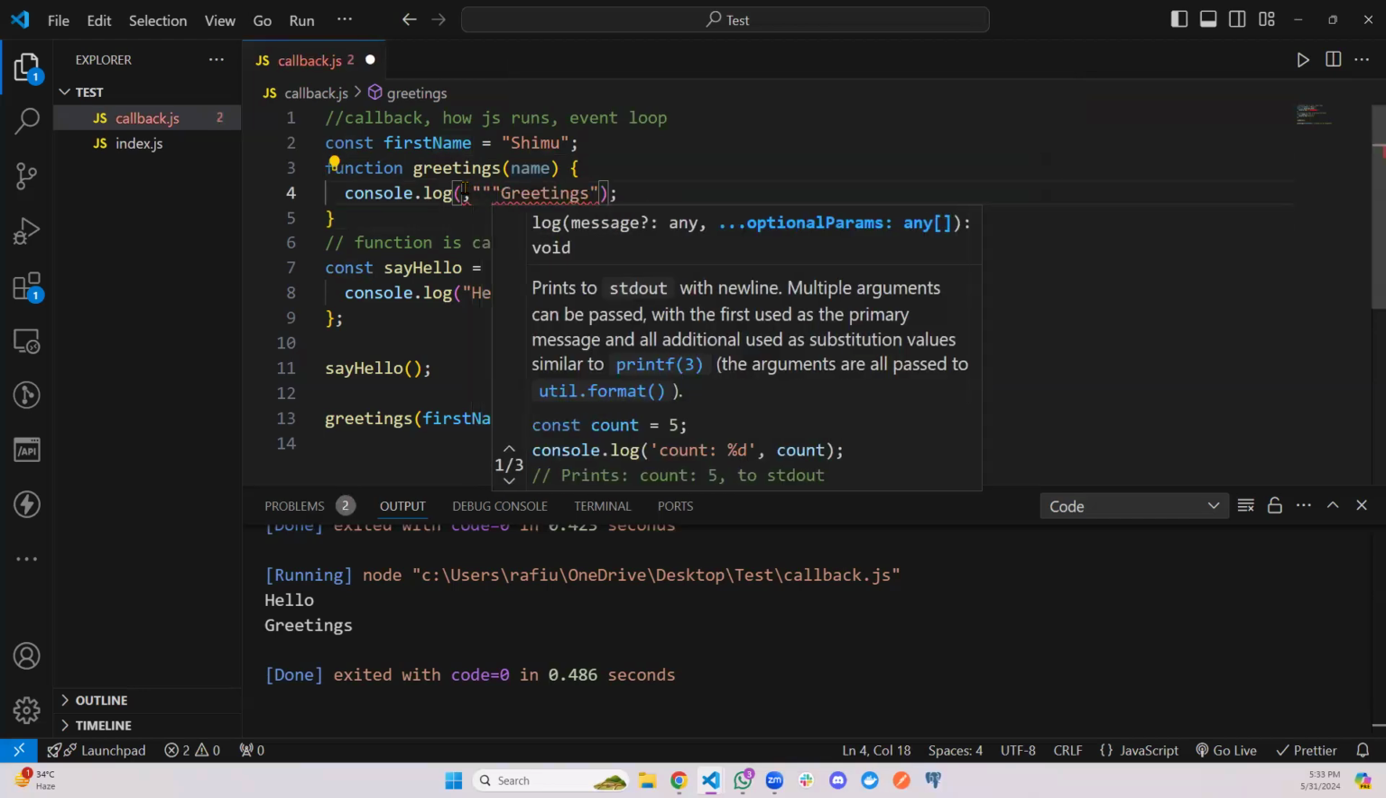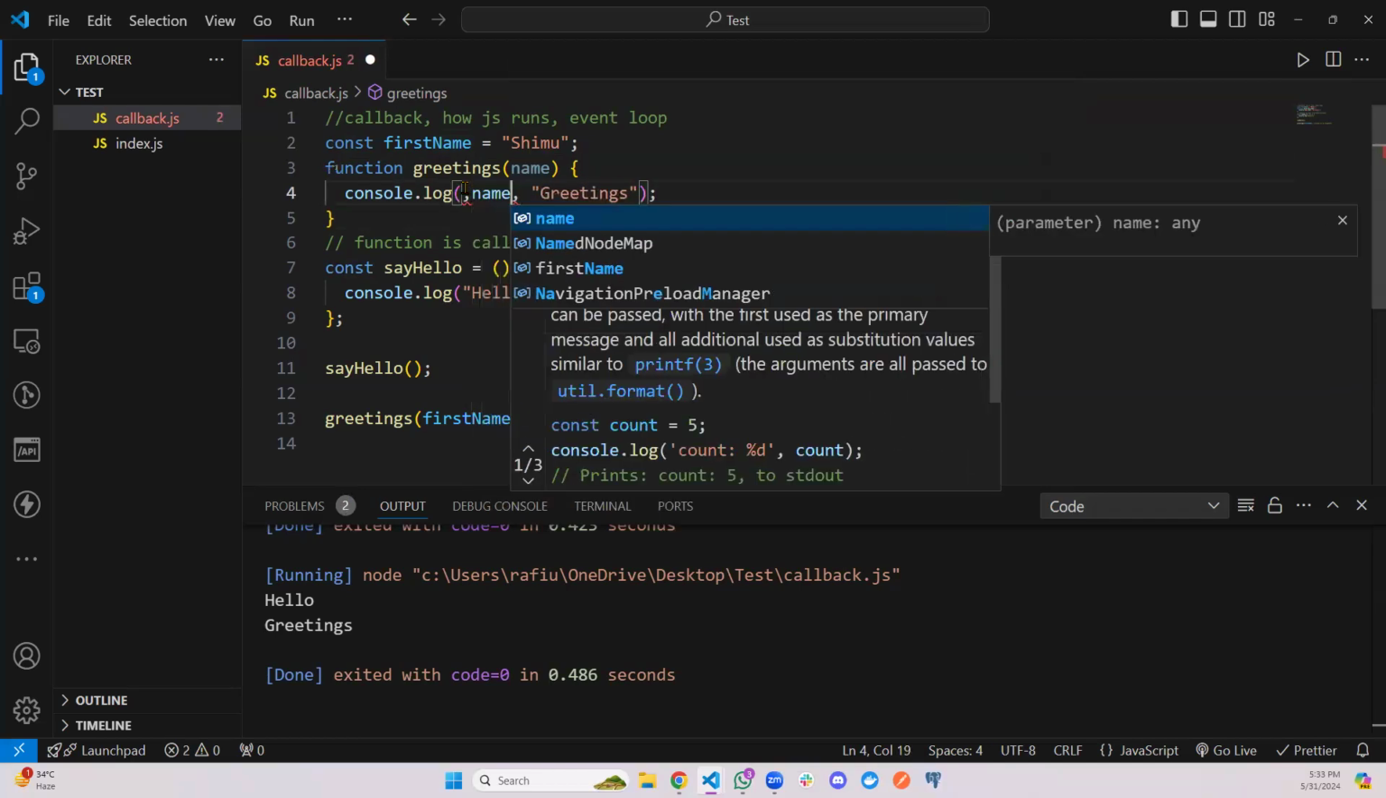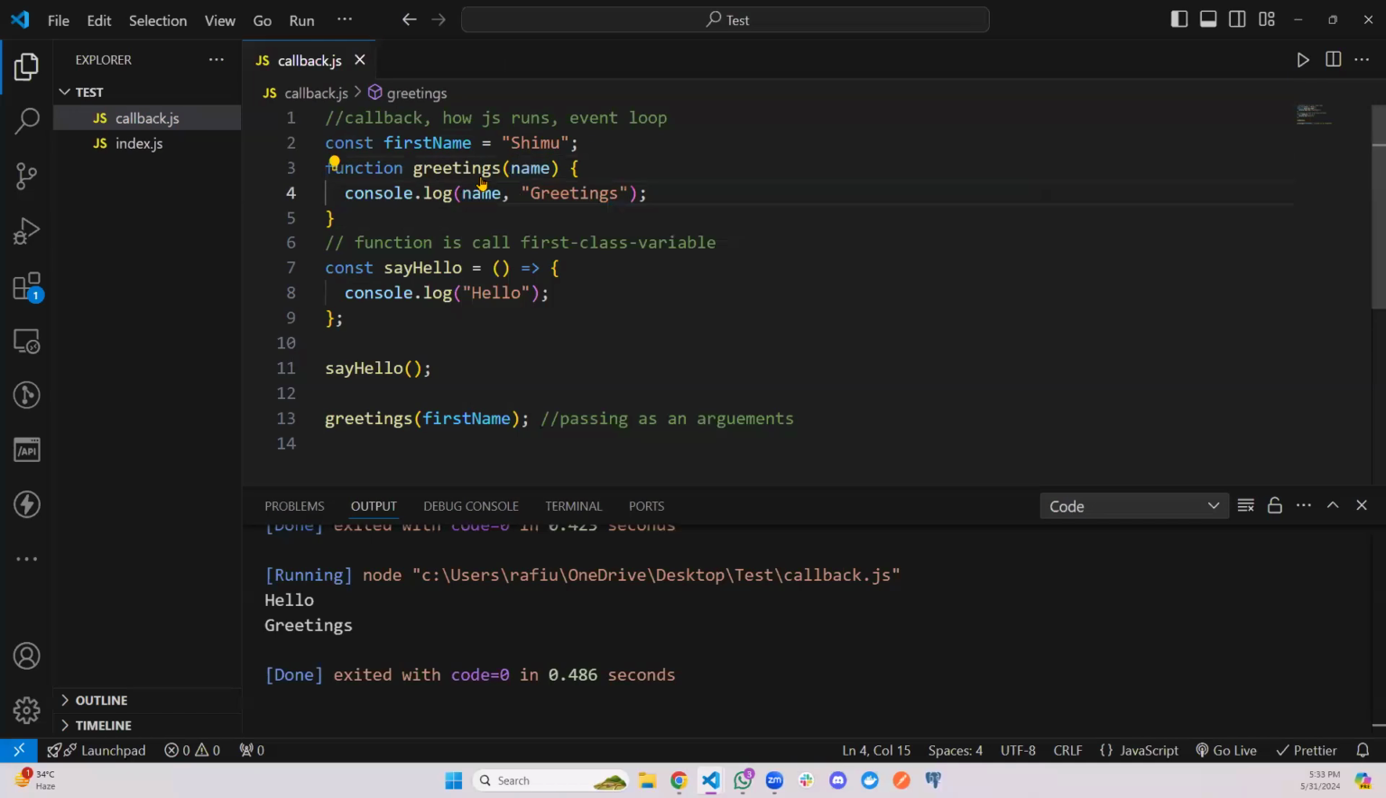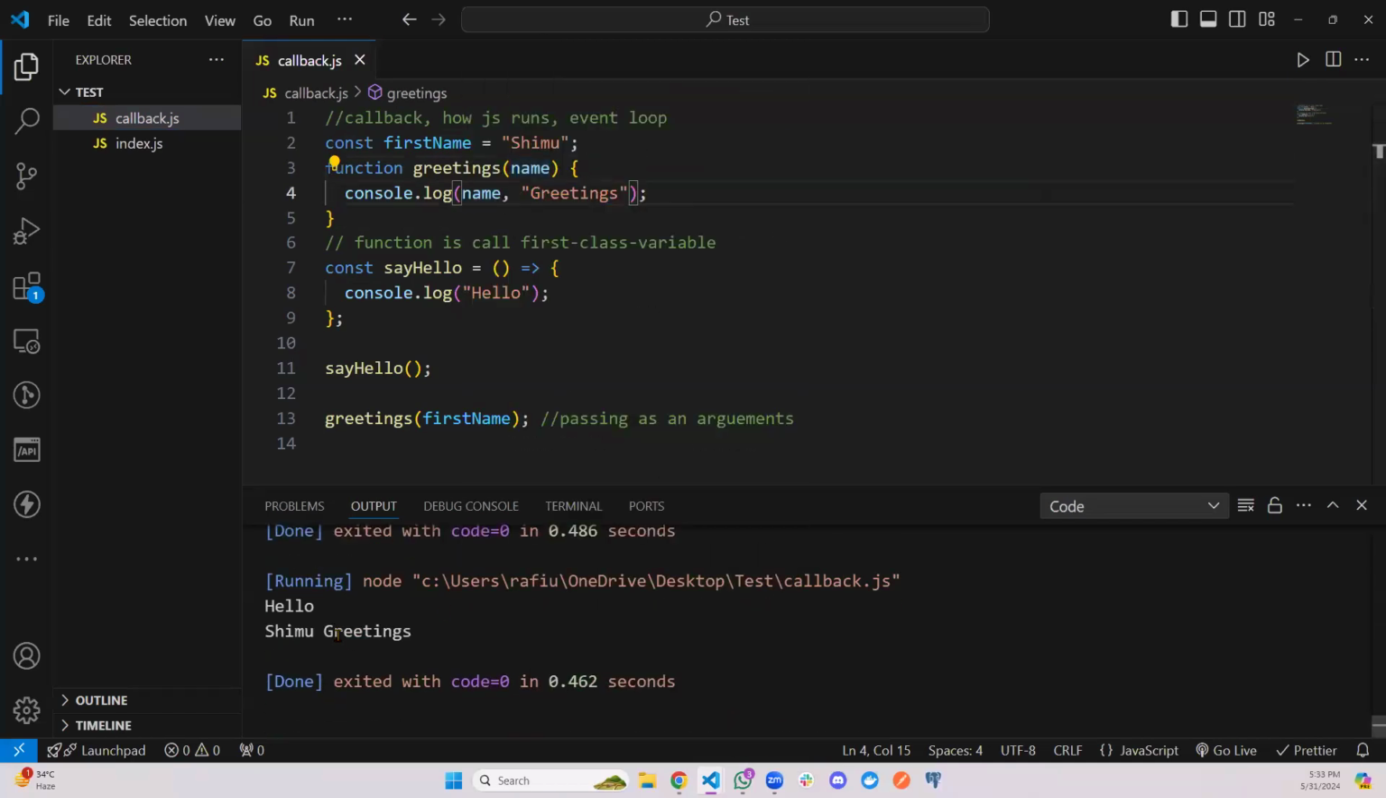Hello, name, right? So if I run, I will see Shimo greetings, something like greetings. Okay. You see, I can pass the variable in this function. But I can pass the function also. Okay. So if I want to pass this say hello, what I need to do is just pass it